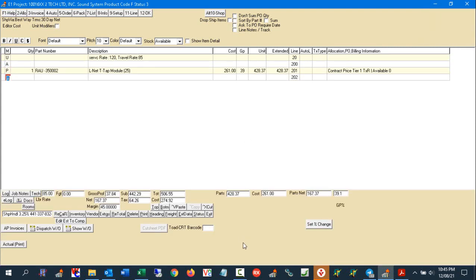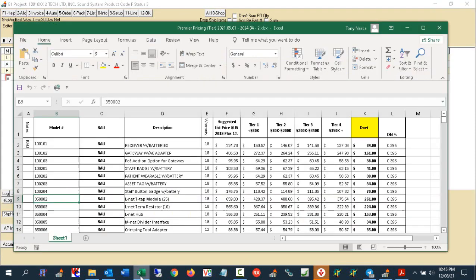Okay. And if I go to the Excel spreadsheet like so, 3502, tier 1 pricing, 28.37, exactly correct. Okay. So it used tier 1 pricing. Now,